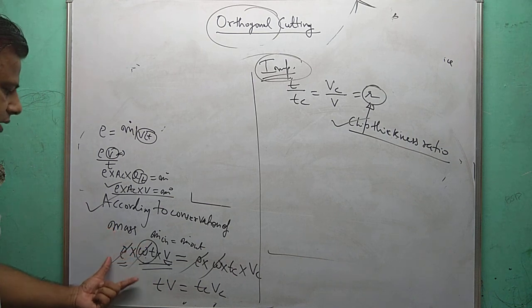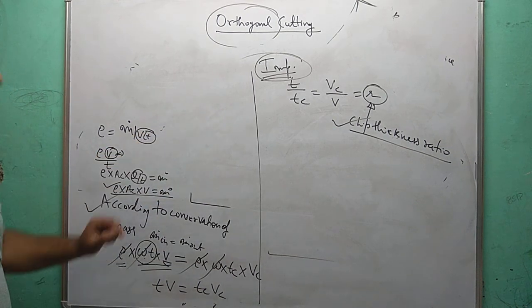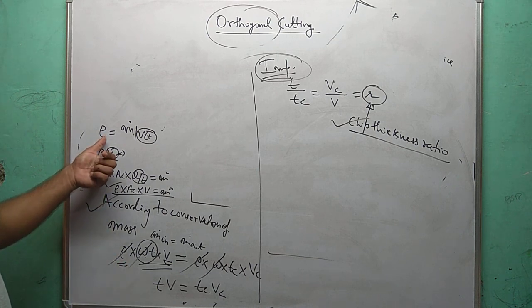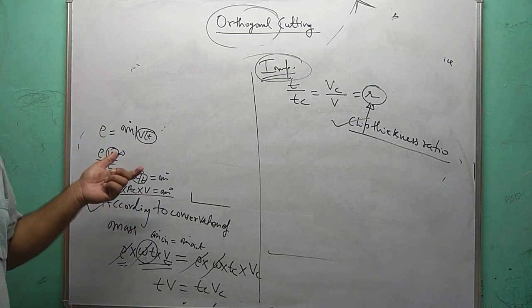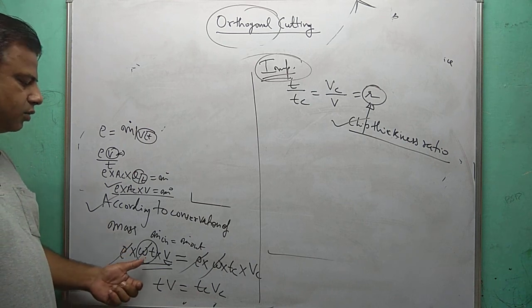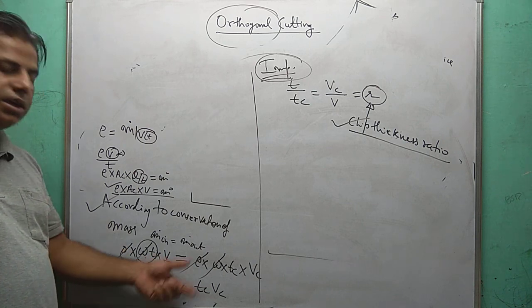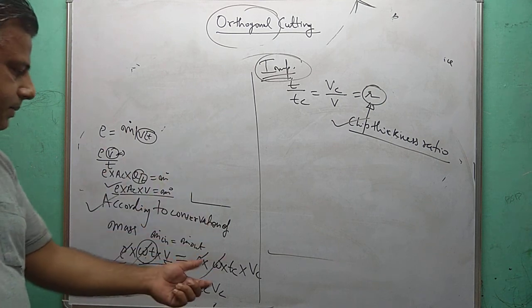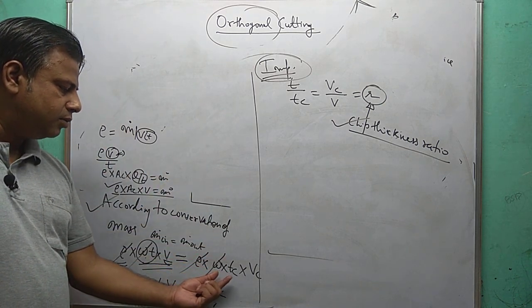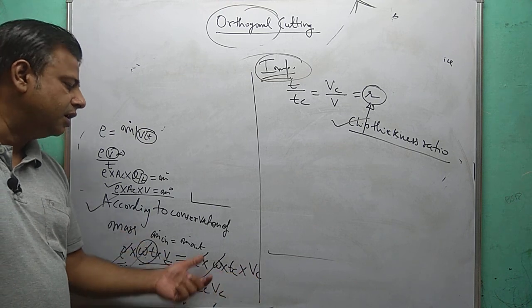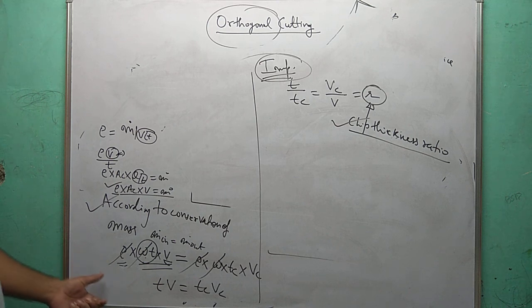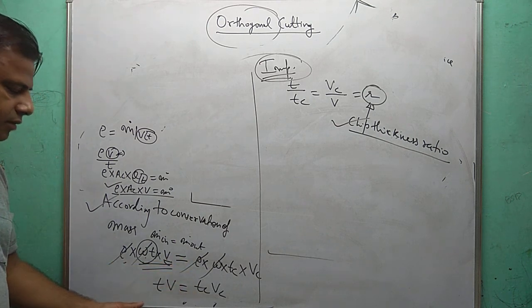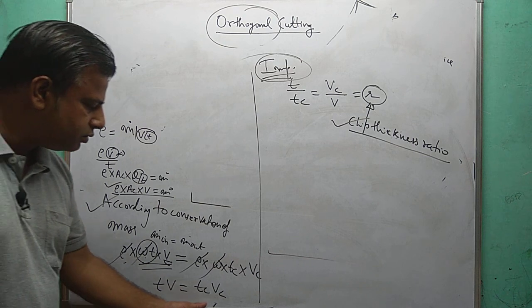From the conservation of mass you can get this relationship directly. From rho equal to mass over volume, you can write mass flow rate is equal to rho into cross-sectional area into velocity. So initially the uncut layer cross-sectional area is W into T, into cutting velocity V, equal to what comes out in the form of chips: the cross-sectional area of the chip is W into TC and the chip velocity is VC. Rho means density of the work material and it remains constant for incoming and outgoing chips. So T into V is equal to TC into VC.